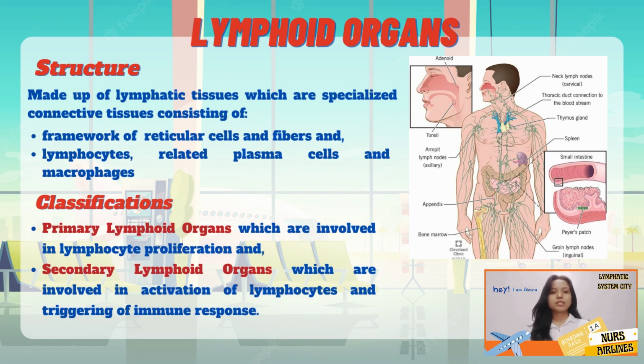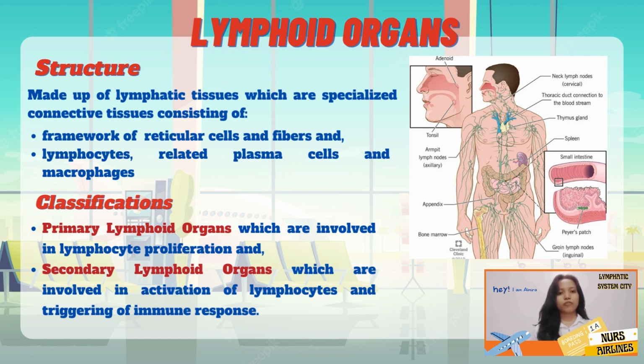So the lymphoid organs can be classified into two groups. The primary lymphoid organs, which are involved in lymphocyte proliferation, and secondary lymphoid organs, which are involved in the activation of lymphocytes and triggering immune response. Despite their difference in functions, lymphoid organs share a similar structure, which consists of a specialized reticular connective tissue and the body's immune soldiers, such as lymphocytes,